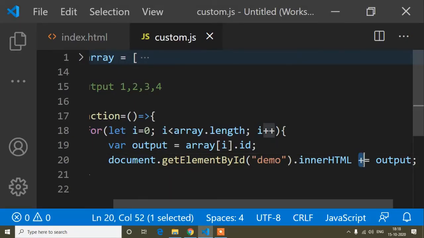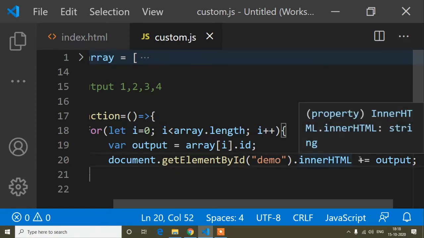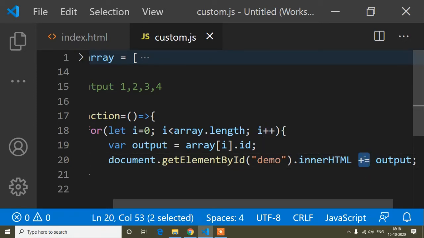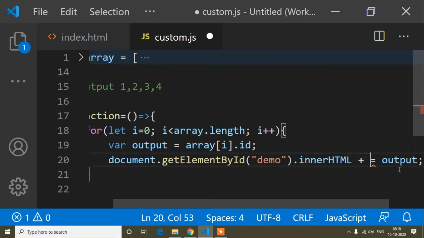Plus means it will be added one by one. I have added plus here, and you have to remember that plus and equals to both must be attached. You can't write it separately, you will get an error. So plus and equals to will be attached here.